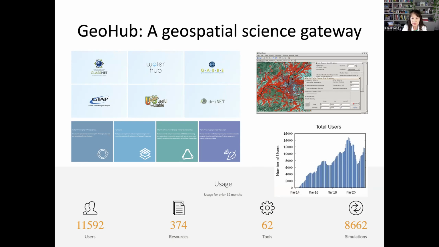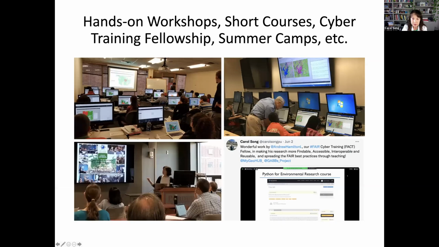Since I mentioned GeoHub, and you saw GeoHub mentioned in various GLASSNET publications and flyers, I'll just bring it up. It's a geospatial science gateway. It hosts multiple projects, as you can see on the upper left, and it hosts tools. On average, we have 8,000 to 10,000 annual users each year, and you can see that we obviously have a dip during the pandemic. It's been used for many things, and I want to highlight that we've been using it for training, like workshops, courses,